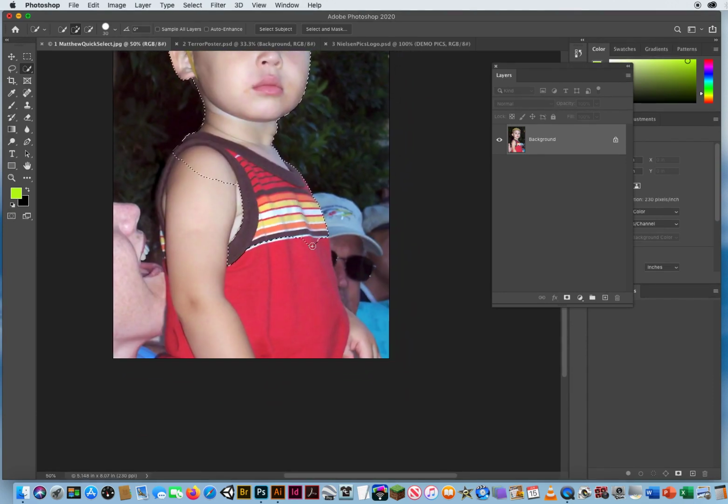Click and drag through all those stripes. Down through his hand. Down the back side right here. Through all these little stripes and down into the red. And if anything, this worked too well. So notice as I came down into the hand, it jumped into this guy's face back here